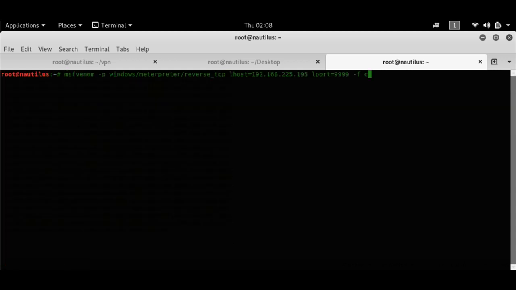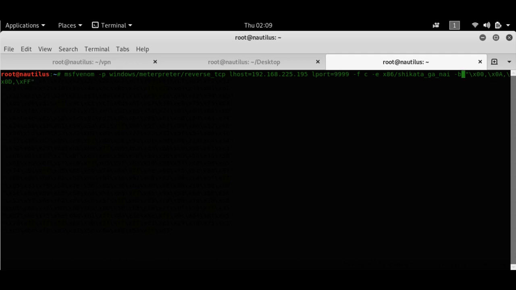Now I'll first of all encode the payload with an encoder, a polymorphic encoder to avoid AV detection, and I'll be using a few iterations to fool the antivirus. I'll not create a payload or do an exploit here. I'm just showing you, right? So I'll be using